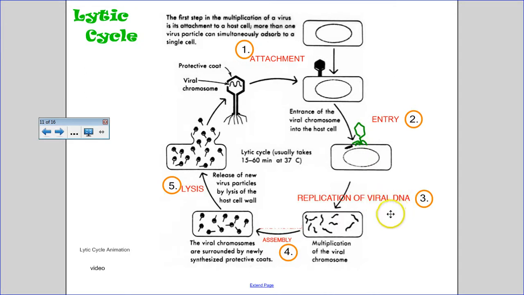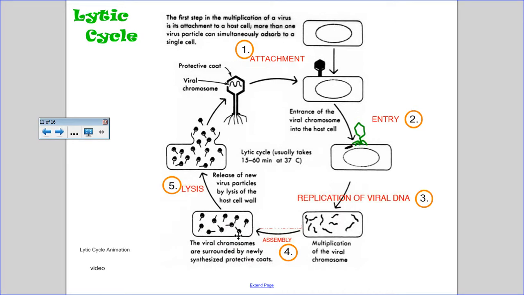In the third step, the viral DNA destroys the host cell's DNA and replicates its own DNA. So it takes over the machinery of the host cell, the ribosomes, and remember the ribosomes are protein factories, and it directs those ribosomes and other enzymes to build the parts that are going to be needed to make new viruses. Okay, so in step 3, it replicates its own viral DNA, and then in step 4, it makes new